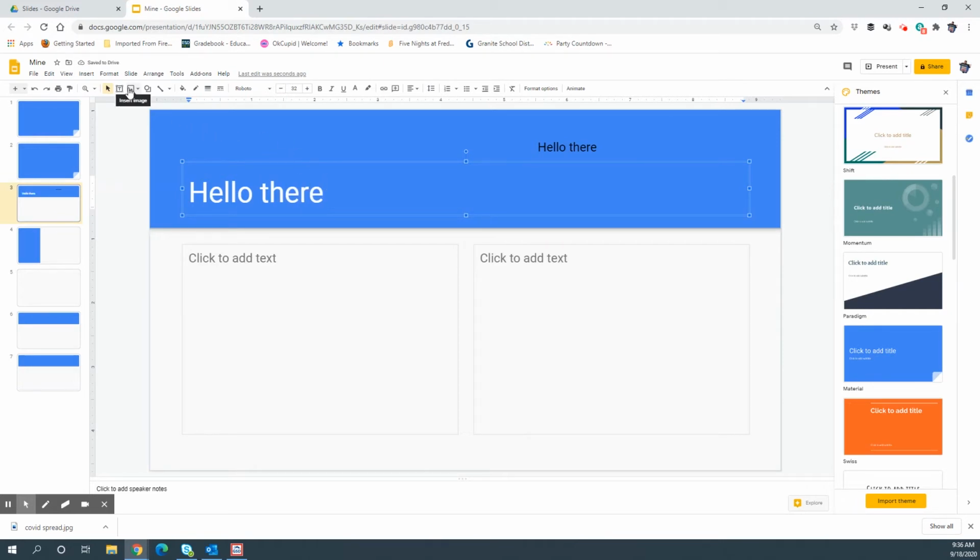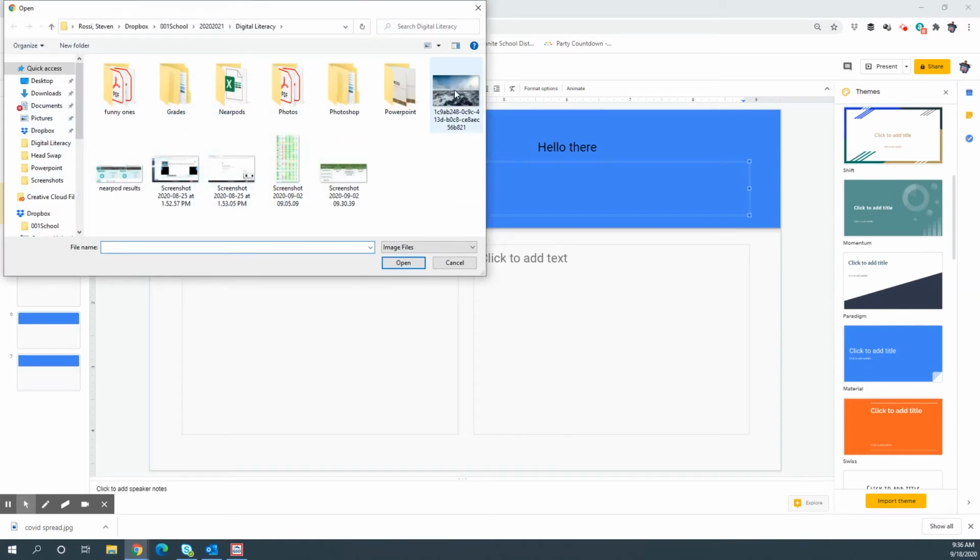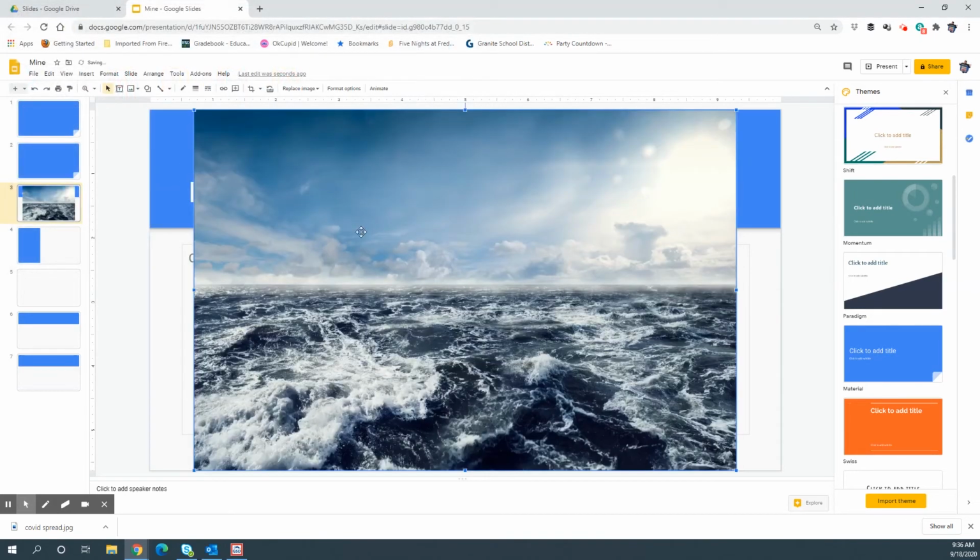This one adds an image. So we'd go click upload from computer. There's several ways of doing it. We can upload from the computer. So I can just pick one, puts it in the slide I'm working on. So you'll notice that it put the picture up on top and it's kind of hiding all the stuff I typed on below. So I'm going to have to change where it is, and I want it to put it behind it so that